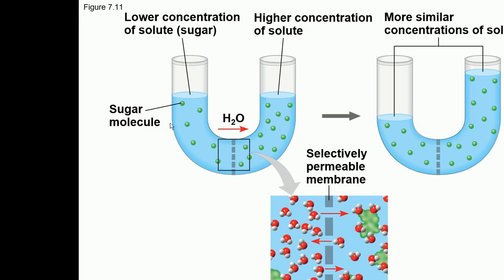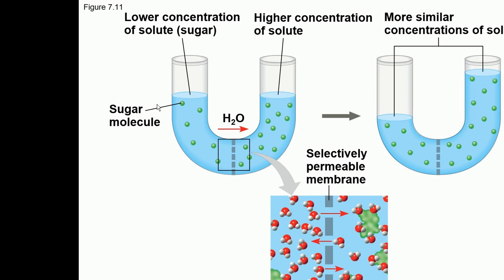So here is one example of osmosis. Here you can see this is a U-shaped tube, and here is a semi-permeable membrane. On this side you can see this is the concentration of solutes, and on this side this is the concentration of solutes. The concentration of solutes is less on this side, and more on this side. So when the concentration of solutes is less on this side, it means there is more concentration of water on this side, and if there is a high concentration of solutes on this side, it means there is less concentration of water on this side. So osmosis is the movement of water molecules from high concentration to lower concentration through a semi-permeable membrane.